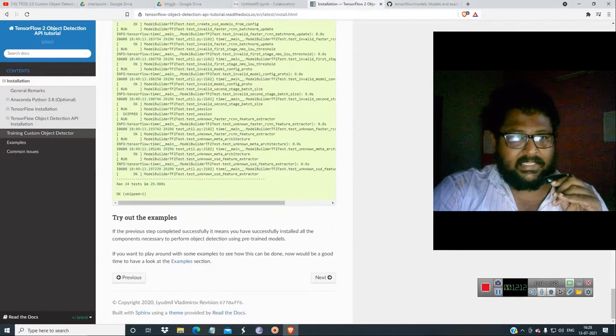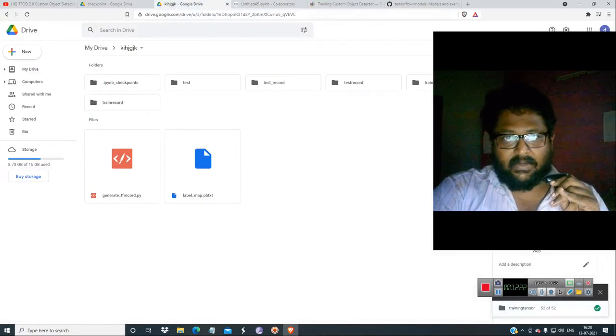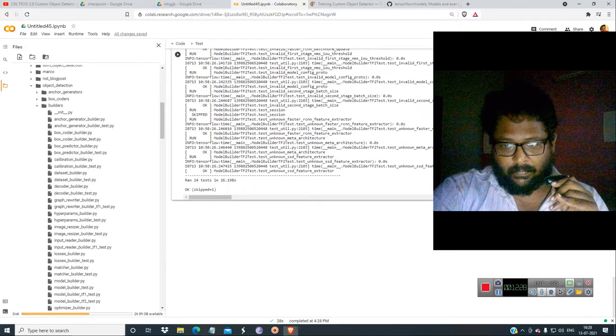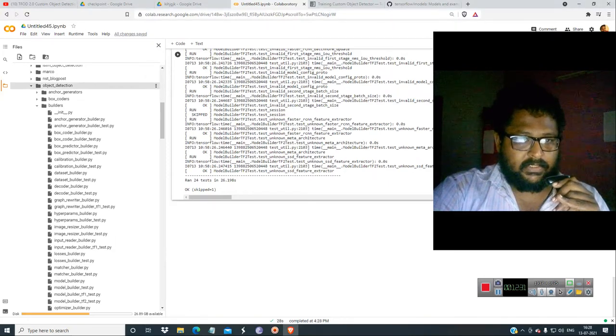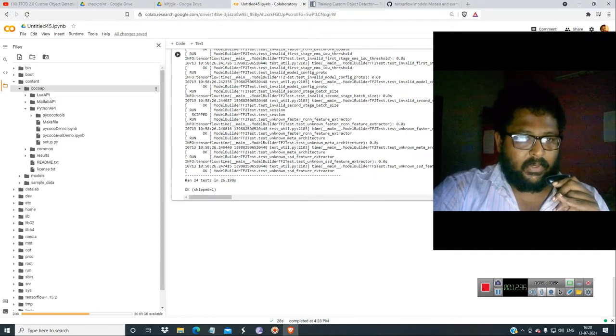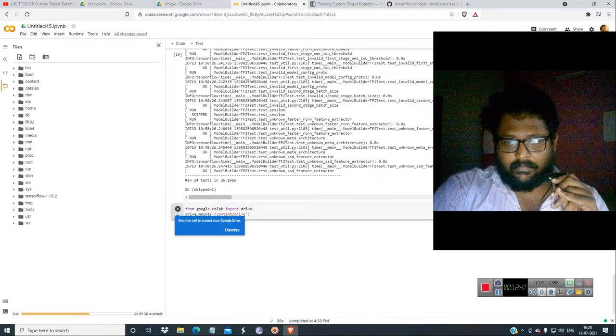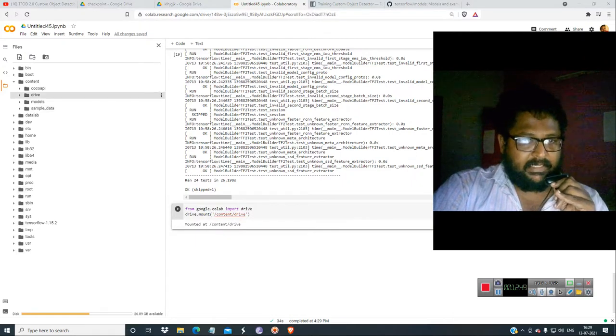We have prepared the dataset, so we need not worry about that. But we have uploaded this, so we are going to get the drive link now. Let this finish. Now we are going to close all these things and get the drive link. Just click this, say no thanks. Now connect the drive. So we have connected the drive, and the drive is over here.